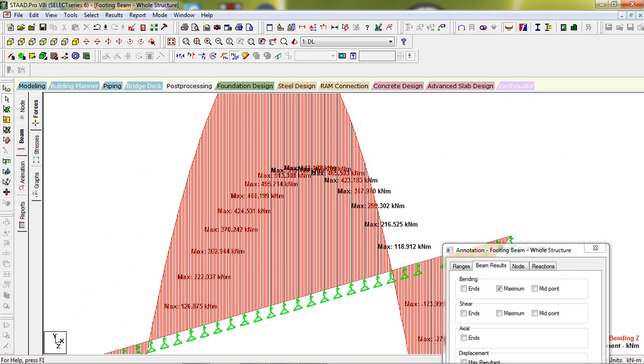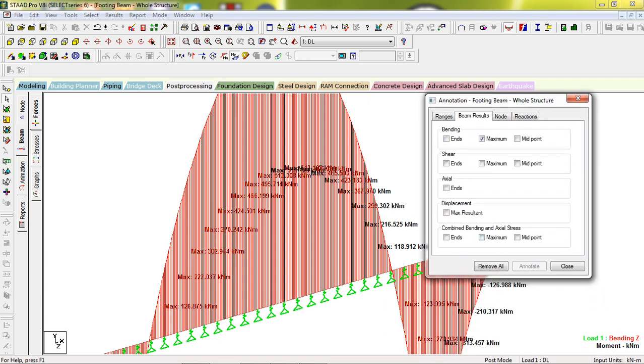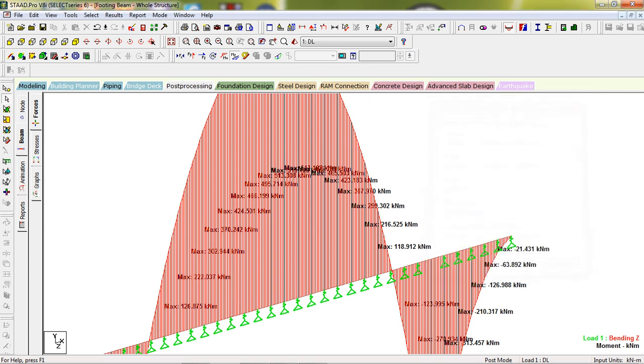From this bending moment value you can design the moment of the beam and provide longitudinal reinforcement steel. From the shear force value you will design and provide shear steel.